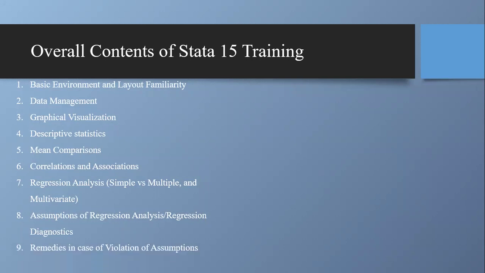After finding out if some or all of the assumptions are violated, what to do? That is the actual question which is normally asked by the student community. If an assumption is violated, what to do? Whether the data becomes worthless? No, the data does not become worthless. We need to make remedies in that data. If an assumption is violated, there are some remedies.